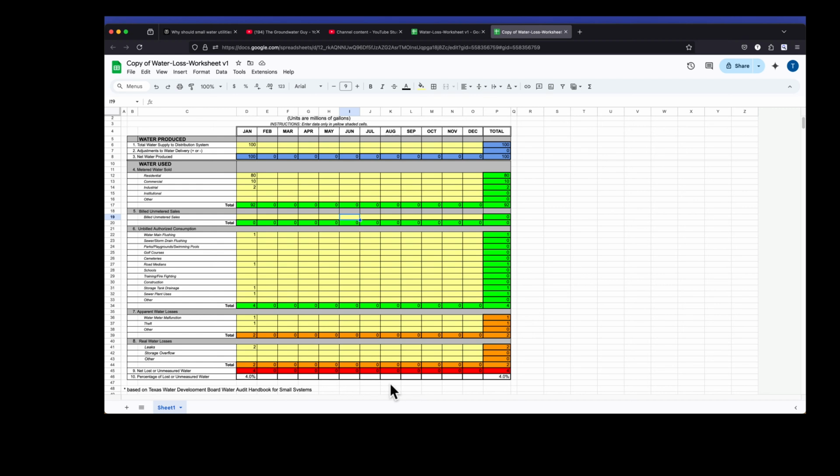So the metered water sold, the billed unmetered sales, and the unbilled authorized consumption are going to total up, and you're going to subtract from that what's left, and that is going to be, in this case, 4 here. And you can see in our row 7, apparent water losses, we got 2, and real water losses 2. That adds up to 4. So those numbers jive, and that basically gives you a percentage of lost or unmeasured water down below in the